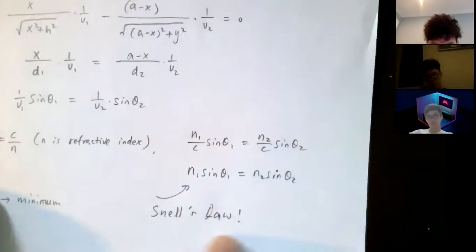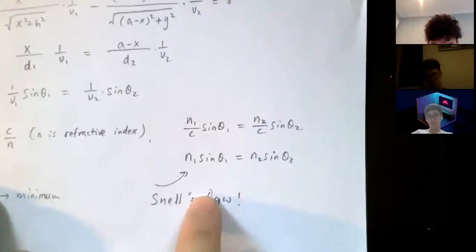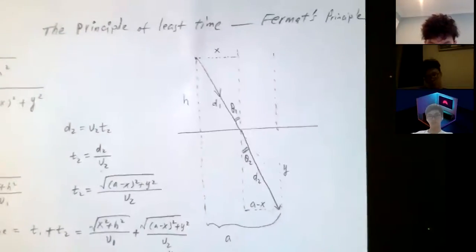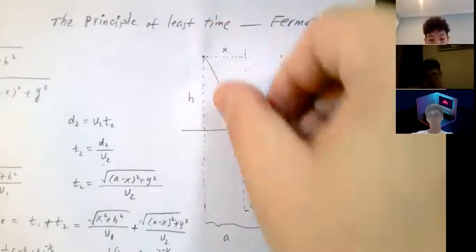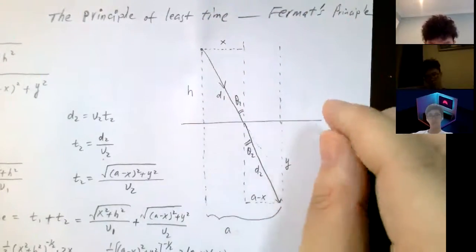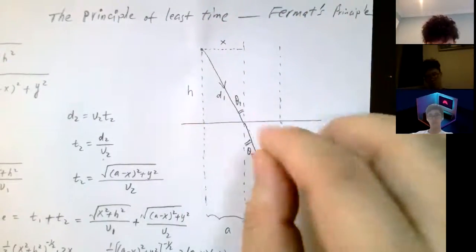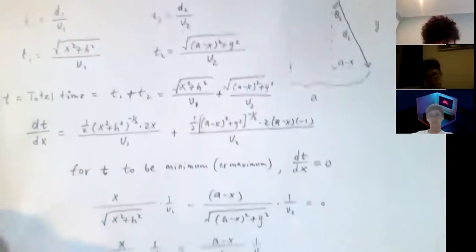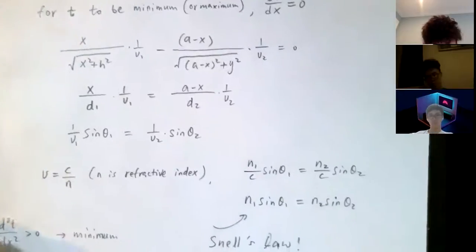This is a very famous law called Snell's law. So why is there Snell's law? How do we derive Snell's law? I'm coming here from a very simple calculus to derive Snell's law. Okay,